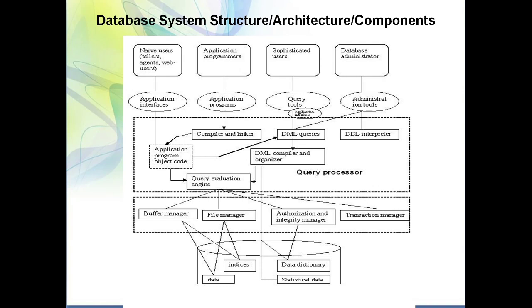Now the next component is the query evaluation engine. So what is the role of a query evaluation engine? First of all, you just write a SQL query, then the compiler comes into existence which converts that SQL query to a relational algebra query, then it is given to the optimizer which generates one efficient plan, and that plan is given to the query evaluation engine. So what is the role of the query evaluation engine? It will make use of that plan, retrieve the data from the database and give it to the user. So these are various components which are involved in the query processor.